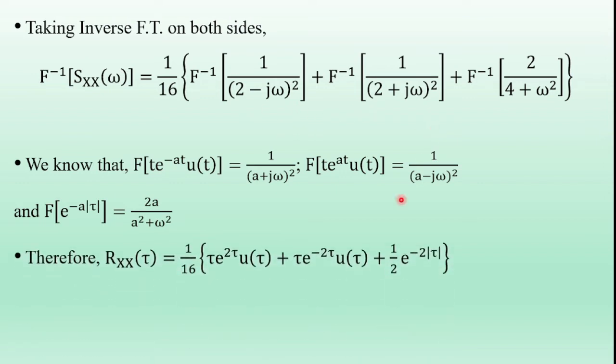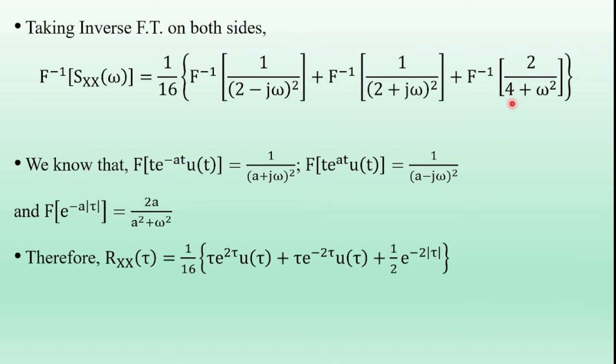F inverse of Sxx of omega is Rxx of tau, 1 by 16 into F inverse of 1 by (a minus j omega) whole square, which is t e power a t u of t. Now here a is 2, so tau into e power 2 tau u of tau, plus F inverse of 1 by (a plus j omega) whole square, which is t into e power minus a t u of t. So now here a is 2, so tau into e power minus 2 tau u of tau, plus, using this equation 2a,